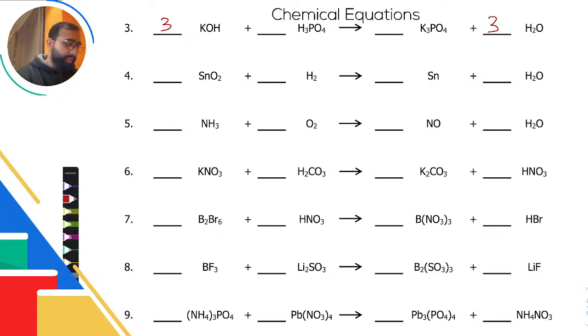I have tin balanced out. I have hydrogen balanced out, but not oxygen. So I have 2 oxygen on the left, 1 on the right. So it goes 2 here. And now what happens? I have mismanaged the number of hydrogen. It's not in balance anymore. So how many hydrogen do I have? I have 4 on the right side, 2 on the left side. That gives me 4 over 2, just 2. So I'm done. This work is done.